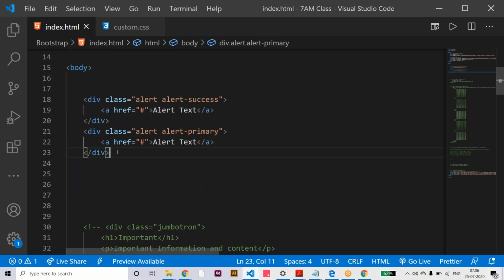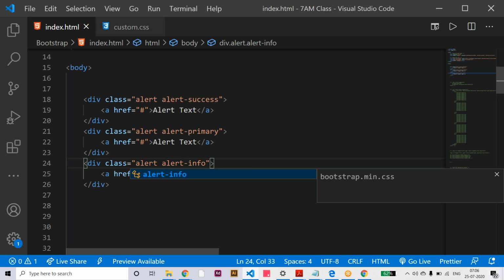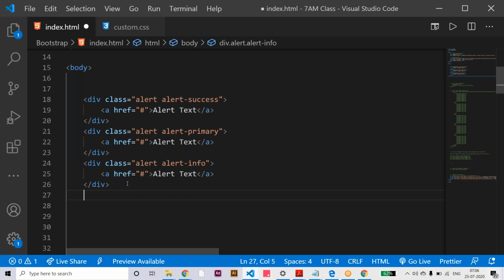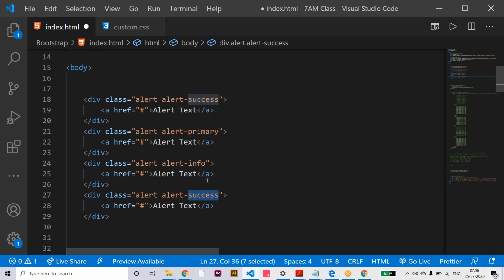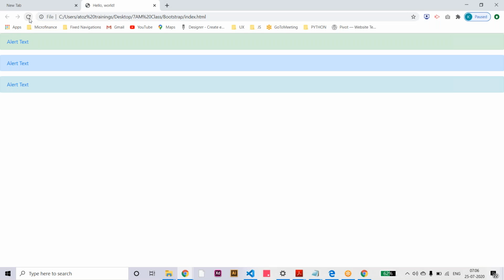Like this, we can use, for example, alert info. This is the info color. Let's say here danger for the red color alert information.